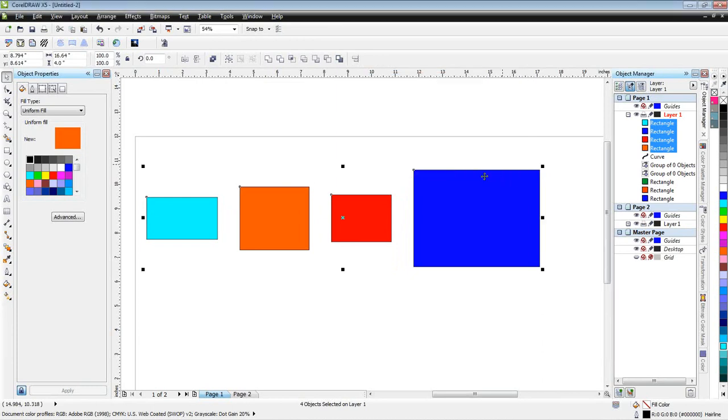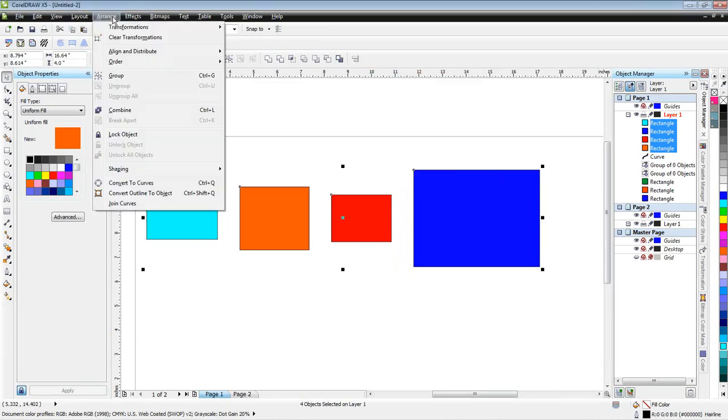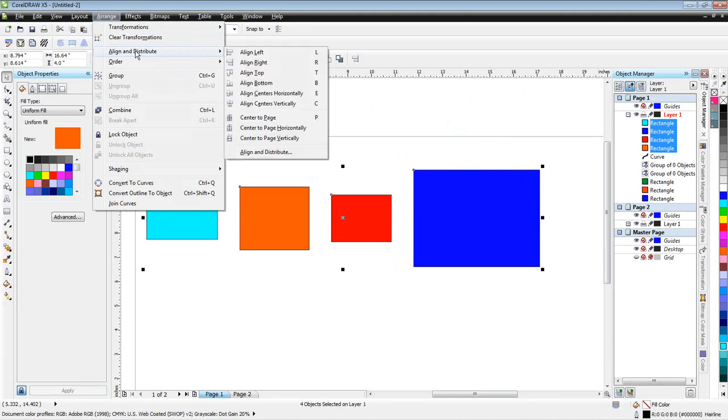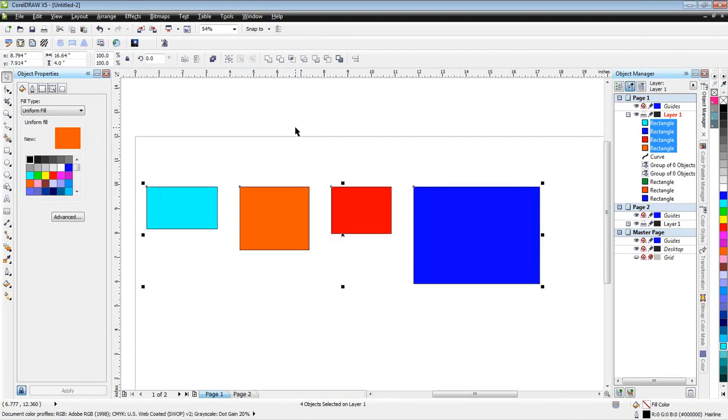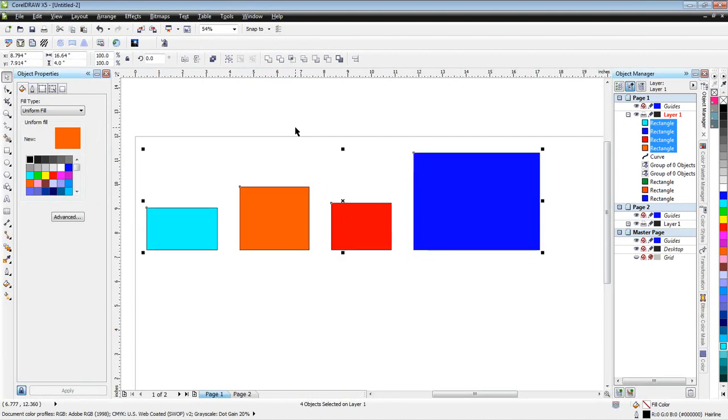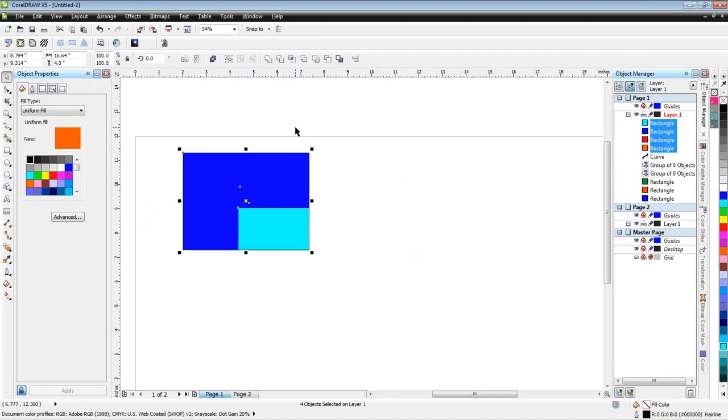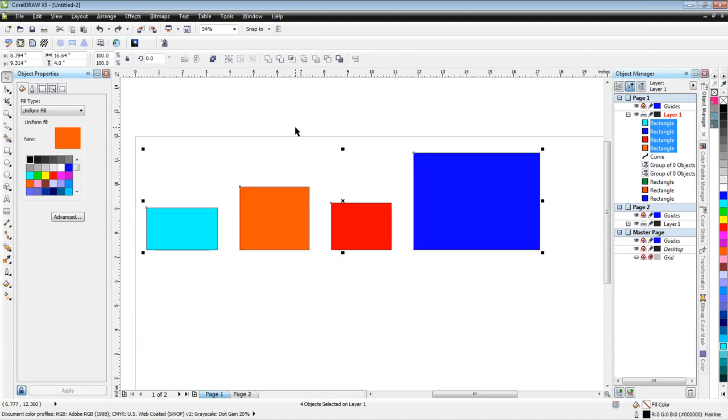Let me hit close on this, because I can also go to arrange up top here and align and distribute. And you can see right there the same thing I've been talking about throughout this webinar, all the shortcut keys. So if I wanted to align them all to the top, I accidentally clicked on it there, I could simply hit T. Or if I want to go to the bottom, I can hit B. If I want to align everything to the right, now everything's to the right, I'll hit Control Z, and so on and so forth. You can see where those align and distribute tools can make things very quick and easy